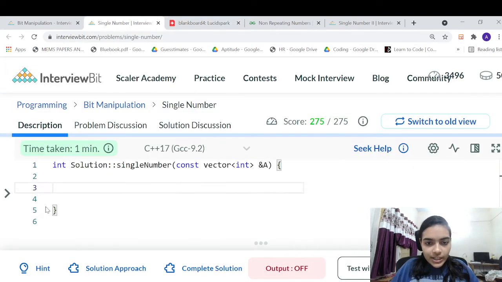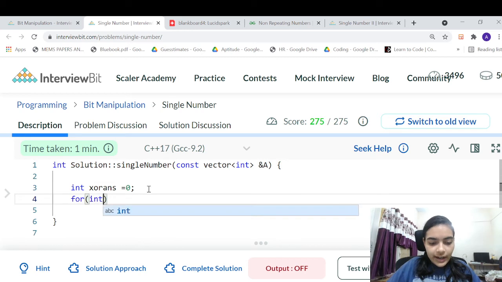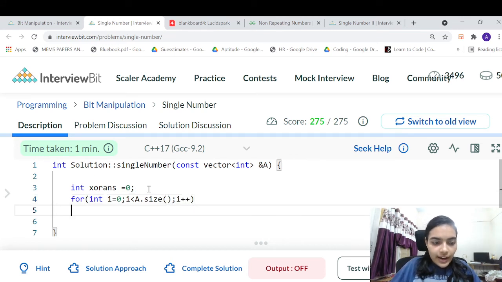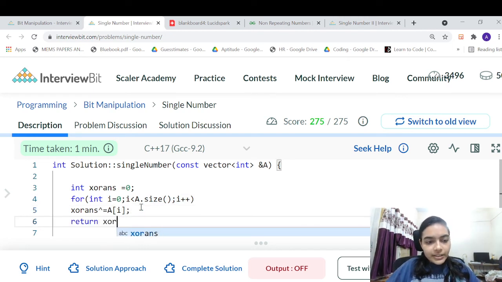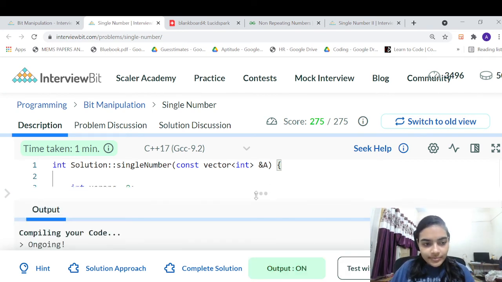So we will now code this approach. You have to finally return the element. Let's say it is xorAnswer. We'll iterate through all the elements in our array, and we will update xorAnswer. And how will we take XOR? We'll just take xorAnswer XOR with every element. So we are taking XOR with every element, and the lone element that is remaining is the winner, and that is our answer. So now let us submit this.